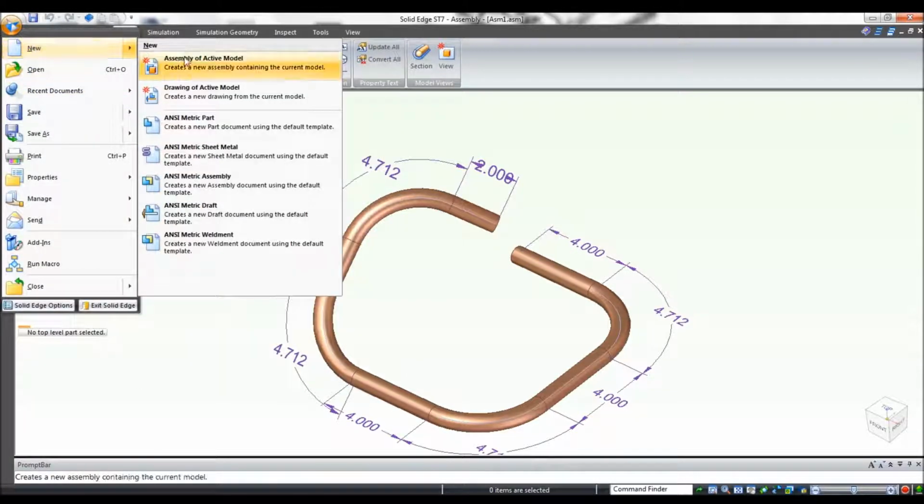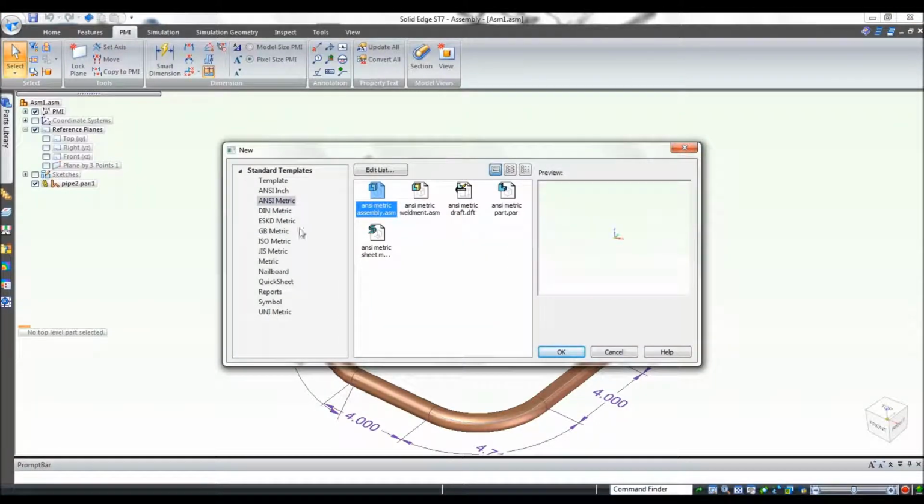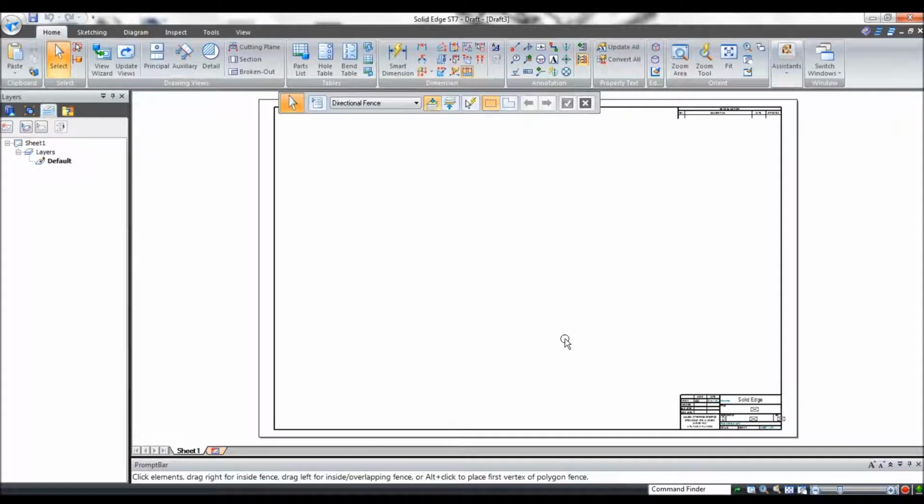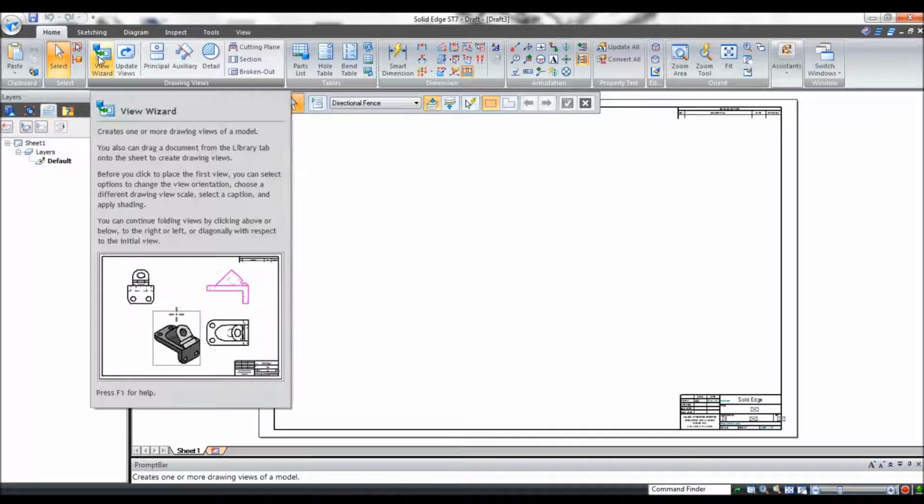I'll go ahead and save this assembly, and now I'm going to create a new drawing. I need an ANSI draft. Once more, this is Solid Edge ST7, but in your case, you'll just choose an ANSI inch draft. Click OK, and as I pull this in, I'm going to say, give me